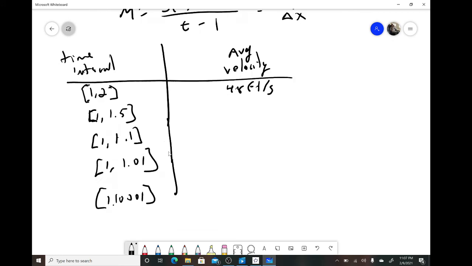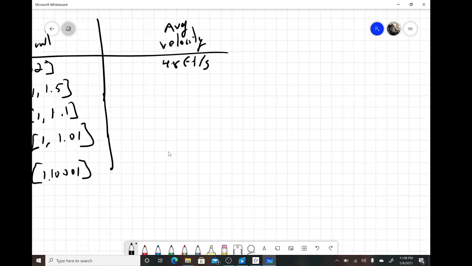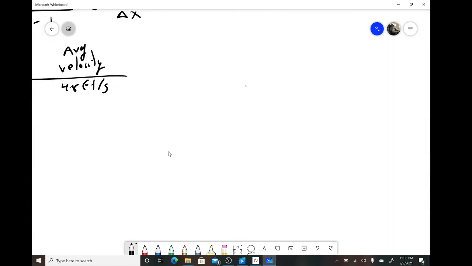Okay, so let's calculate first 1.1 to 1.5. So we had s of 1.5 minus, again, s of 1 divided by 1.5 minus 1. All we need to really worry about here is what s of 1.5 is. To find what s of 1.5 is, we have to use the formula given above, which is,